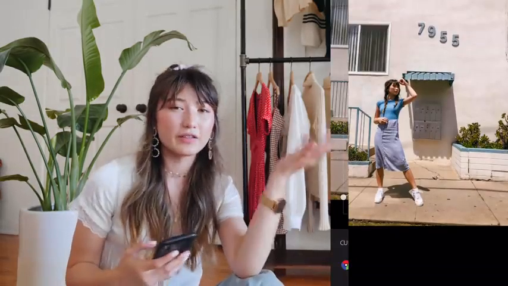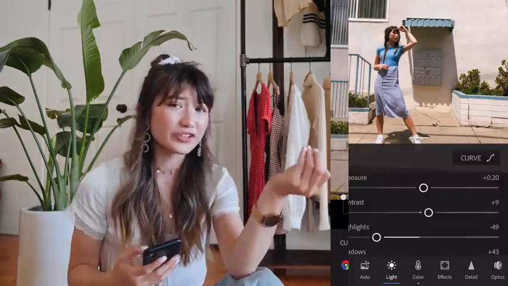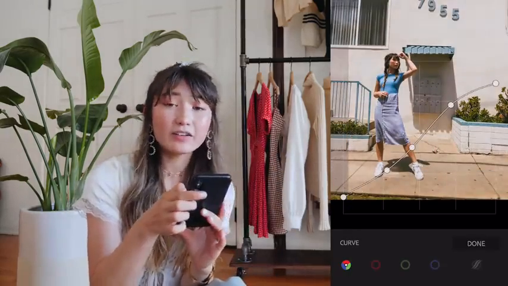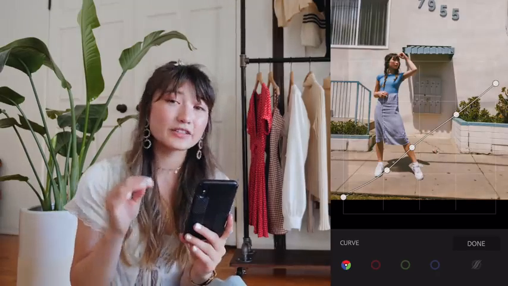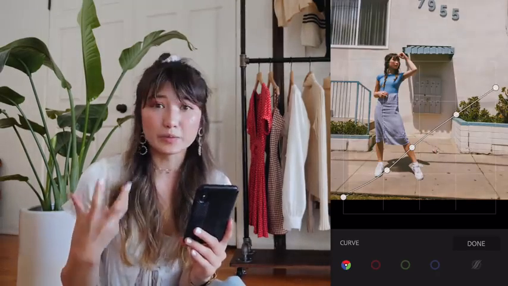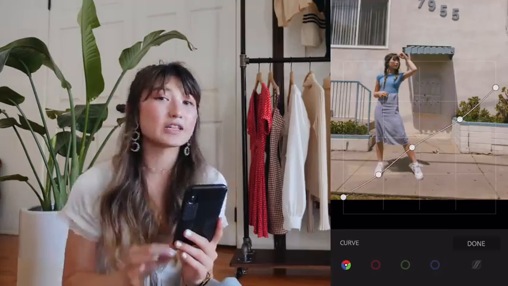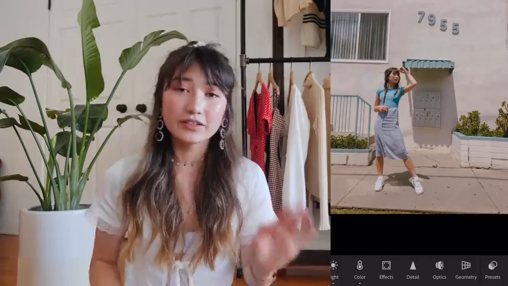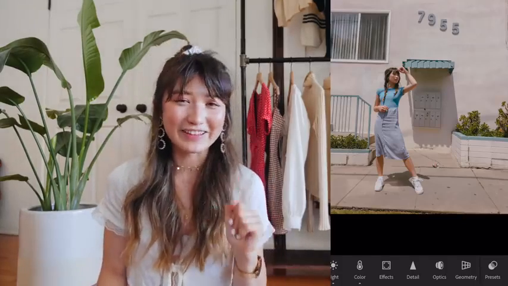With all of the color done, the photo still looks rather harsh and contrasty, so I'm gonna hop into the curve section and flatten our entire color curve. This is a good technique if your photo is looking super contrasted. You wanna bring down the highlights and bring up the shadows so that the whole photo looks a little bit more evenly exposed. To finish up the photo, here is a little hack that I use when I'm taking my